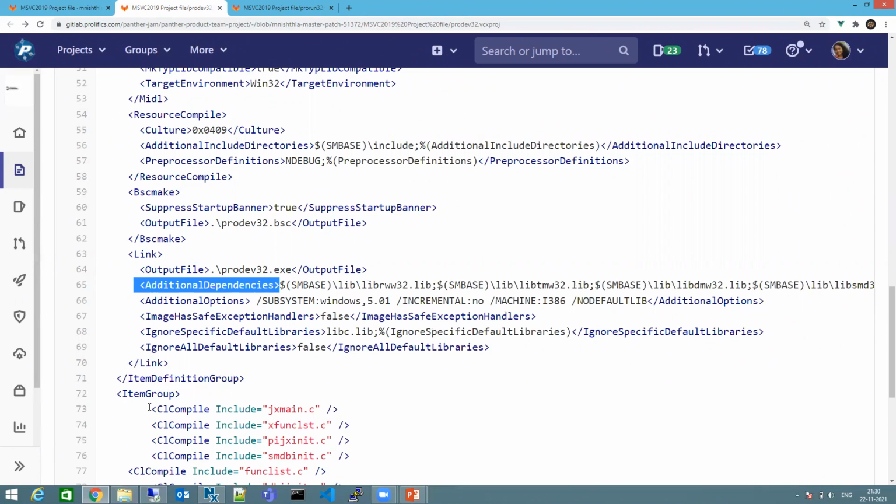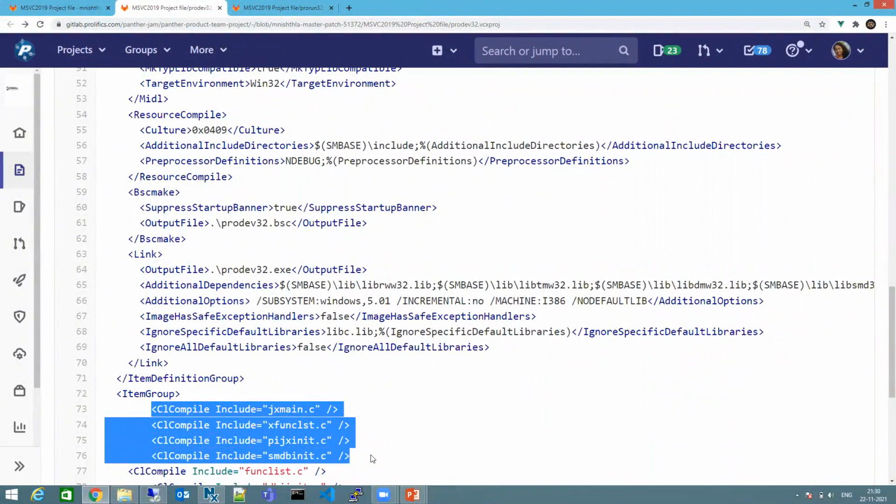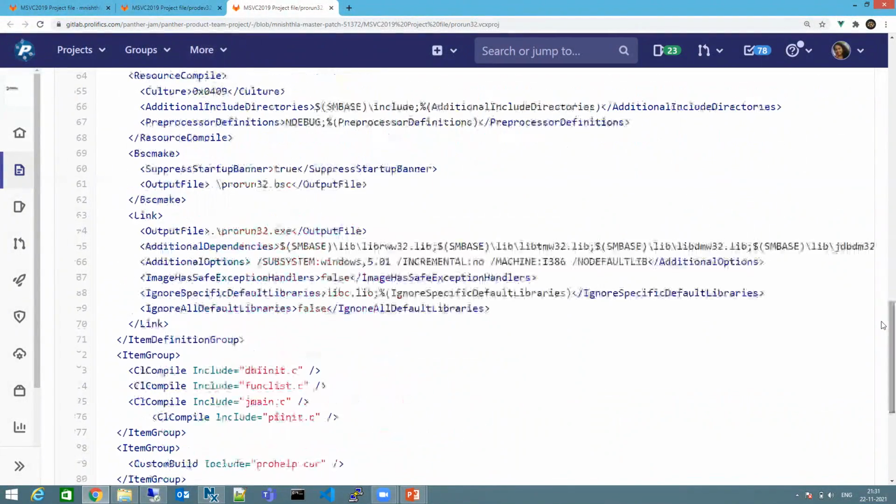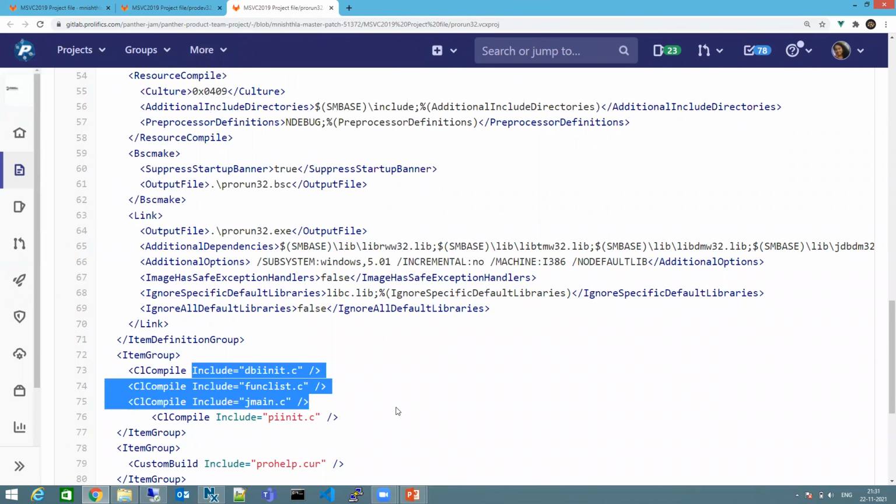Similarly, if you have your own custom C file which you want to link with this executable, you can include that C file under this item group section. The same goes with the runtime application, that is ProRun. You can point the library here and the source file here.